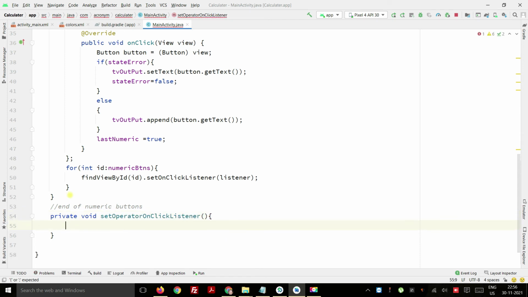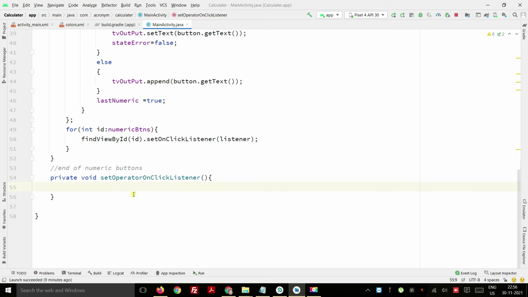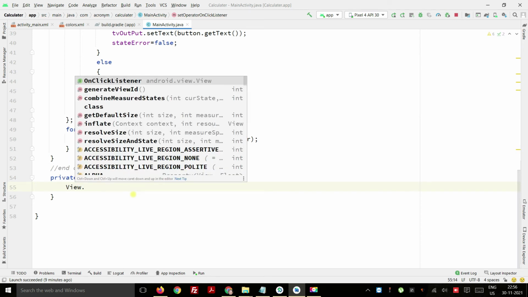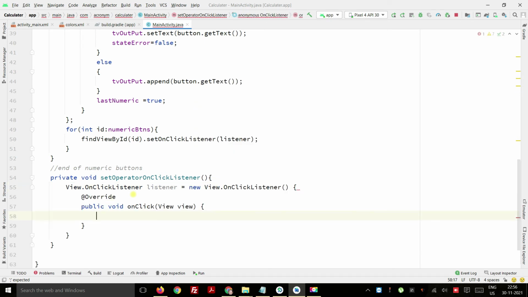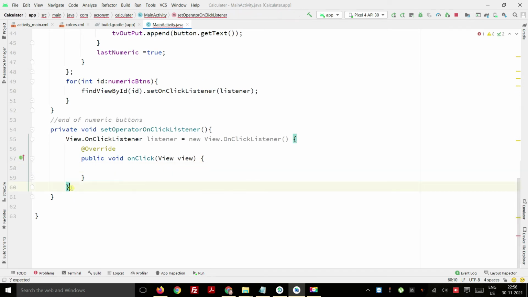We are going to put a View.OnClickListener listener equals new View.OnClickListener, then the semicolon over here. Then we check that if the current state has an error, it does not append the operator, because our idea is that if I enter 2 and then enter some other key, it appends rather than replacing it.